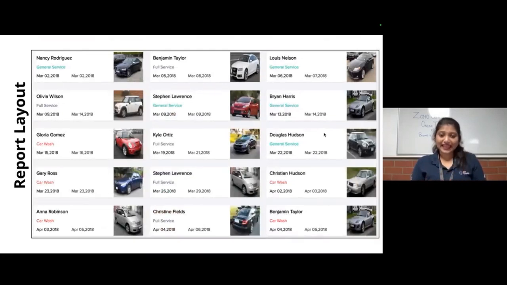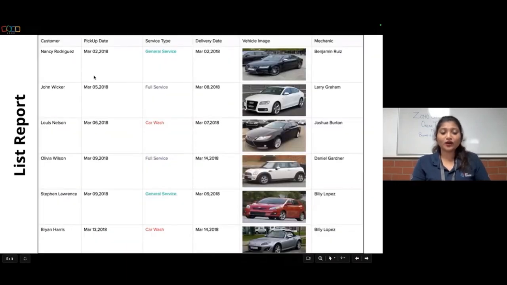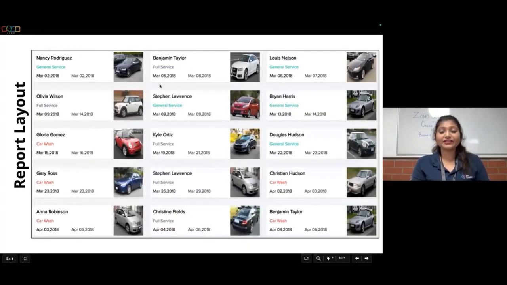Within the same report, you can also perform different customizations, which means you can create different layouts within the form. Before, you can see everything is combined and shown in the list format. Now everything is shown in a layout form, which is the card layout. Each and every piece of information has been segregated and put together in a card layout. So you can see the customer name, their preferred service, when it is picked up and when it is going out.